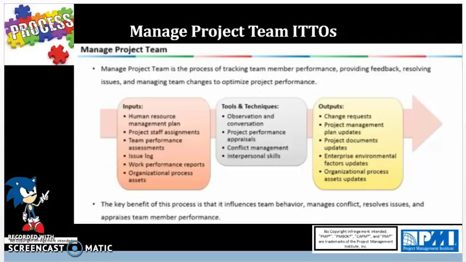Next input is work performance reports. This is coming from Monitor and Control Project Work in the integration knowledge area, and basically we have a physical or electronic representation of all the work performance information compiled in project documents intended to generate decisions, actions, or awareness. So the report could specifically detail the project progress and major accomplishments done by the team members. So this is a way to gauge how well the team is doing, and managing the project team also involves giving assessments. As we'll see in the tools section coming up, we also have the performance appraisal, so